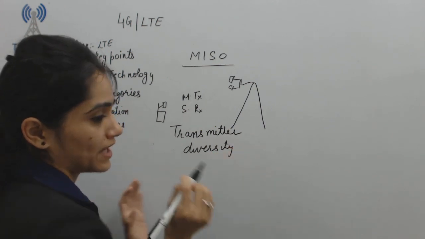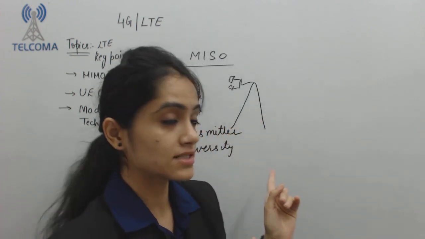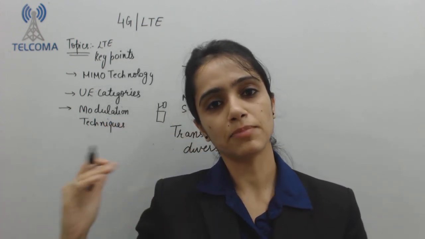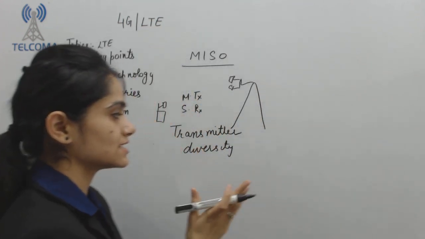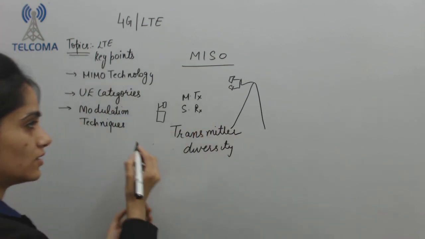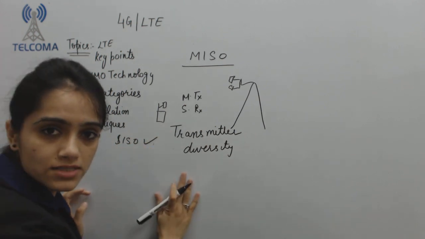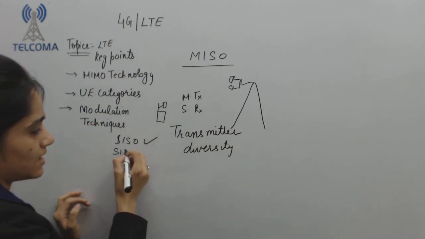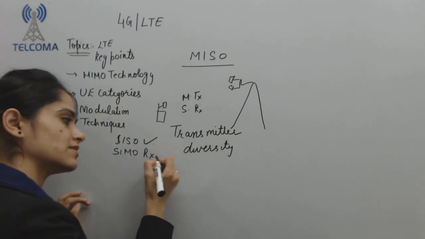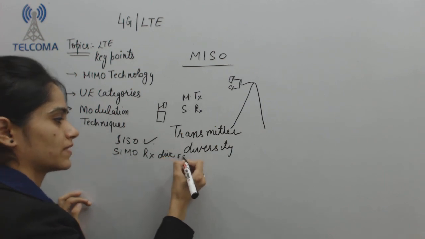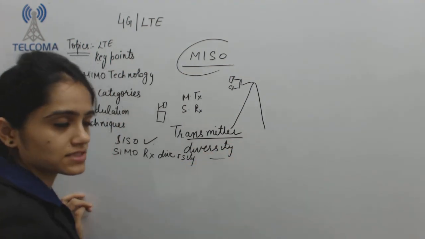That means now we have focused on increasing the transmission levels. So transmitter diversity means multiple paths for transmission and only a single path for reception, to increase the transmission capability. Now, like we have written, SISO: no diversity at all. In SIMO, single input, multiple output, we have receiver diversity, whereas in MISO, we have transmitter diversity.